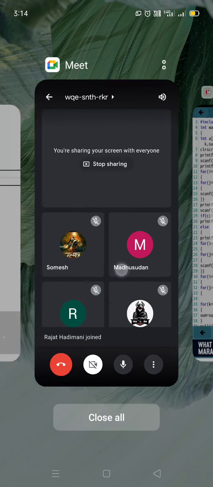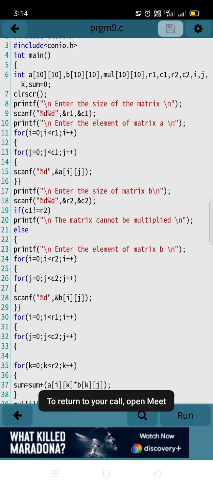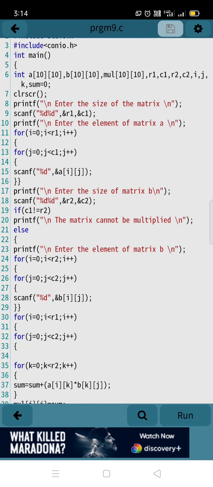I and J are variables because we want to use a for loop. One more variable, K, I will explain in the program later. And one more variable, sum, and its value is initially assigned 0.